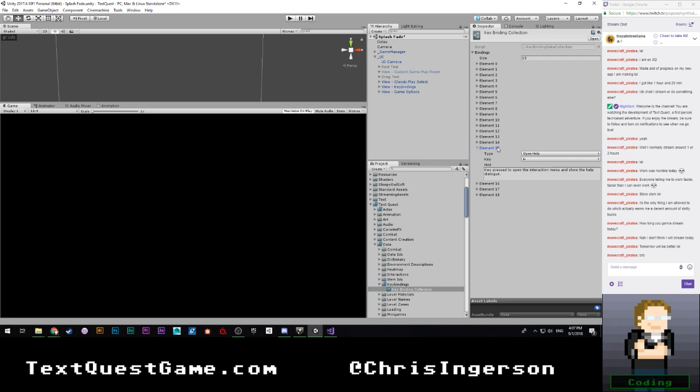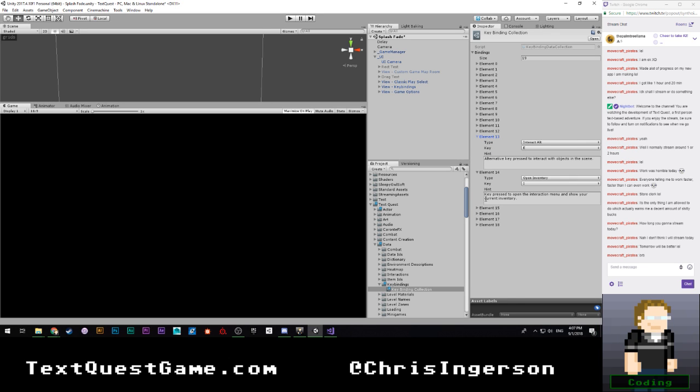Okay. Inventory. Here we are. This is going to be key press to open the input menu to interact with objects. The descriptions can be a little bit longer because they have 2 lines to work with